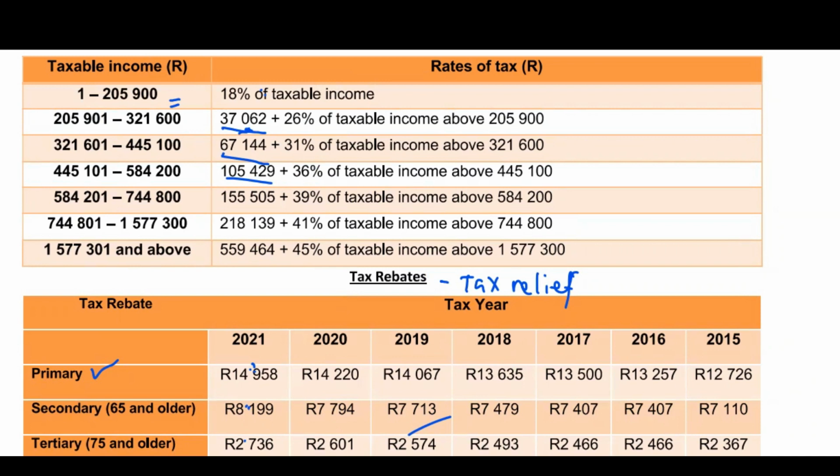For example, how was 67,144 determined? This comes from bracket number 2. So it's the maximum in bracket number 2, minimum in bracket number 3. Since it comes from bracket number 2, you will come here to bracket number 2: 37,062 rands plus